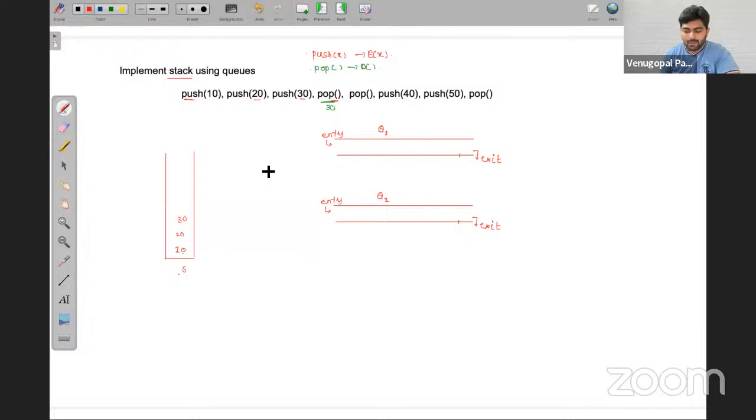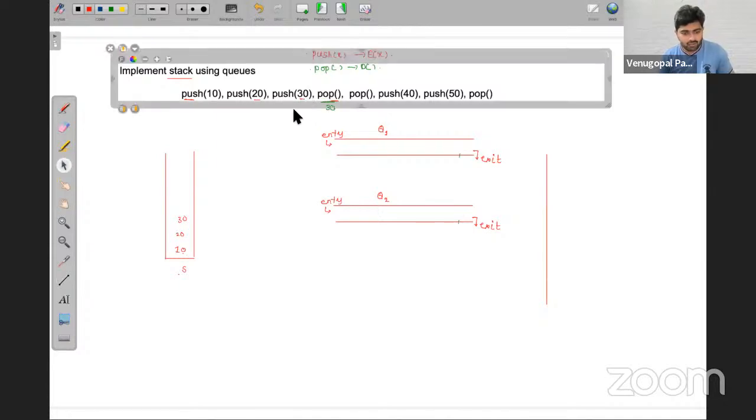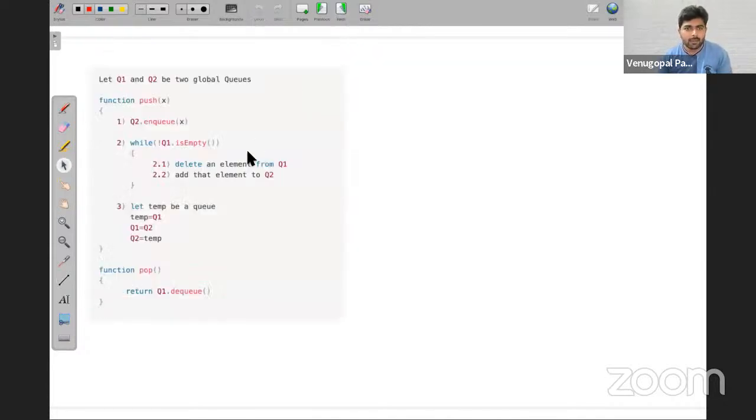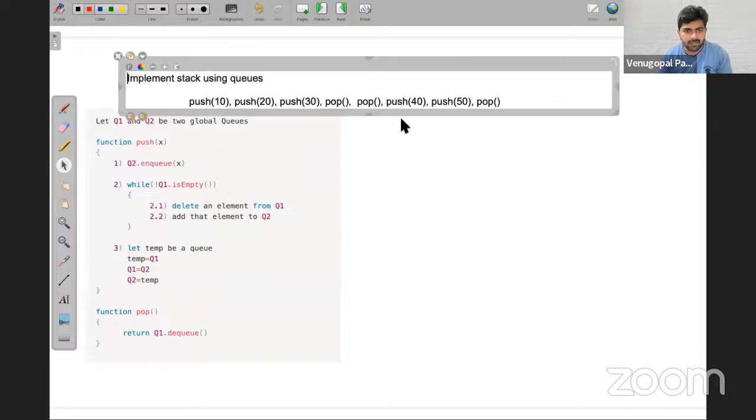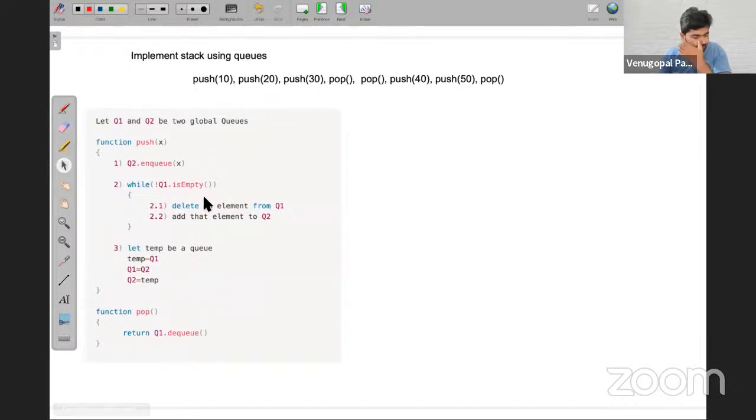A simple algorithm is there, friends, to solve this question. Let me write it on the left hand side, or else I'll directly show the code and explain here, because this algorithm is already present here. See here, a very simple algorithm. We have already seen that we need to take two queues.